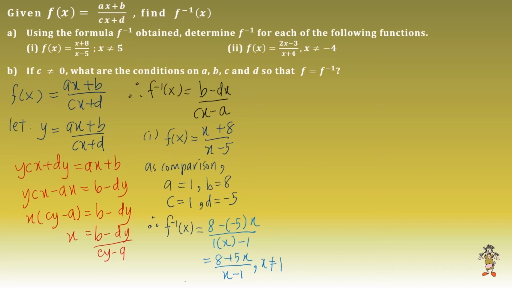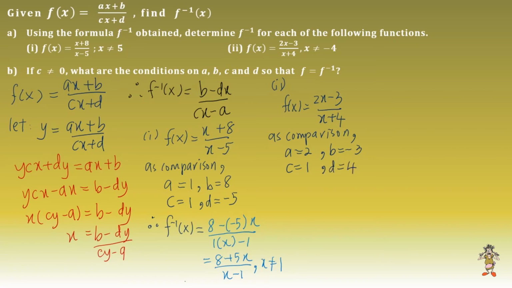Okay, so part B. Compare again. f(x) equals (2x minus 3) over (x + 4), right? As comparison, we compare with f(x) first. Okay, as comparison, a equals 2, b equals negative 3, c equals 1, and d equals